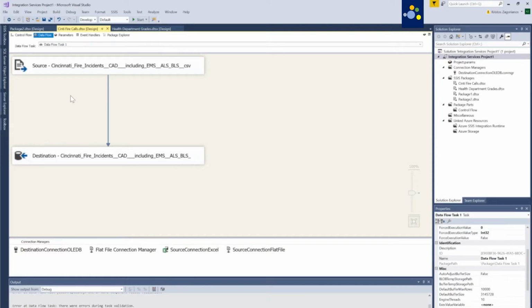You don't have to do anything. You can now also, if you wanted to, have your DBA schedule this so that every day, every week, every month, this script runs and your SQL database is updated. So that's it. High-level overview of how to get big data from one place to another using SSIS.